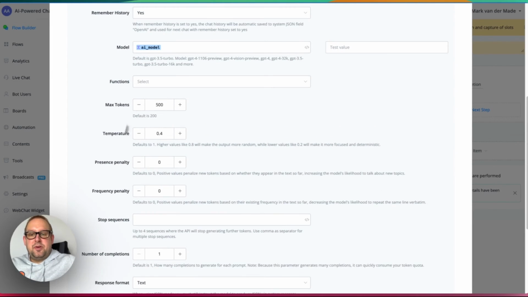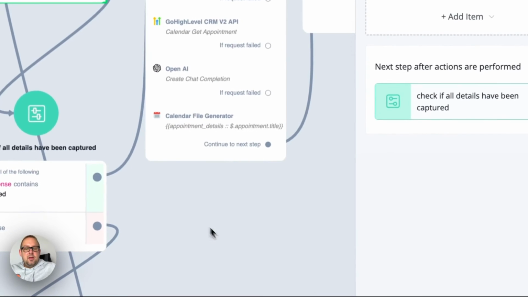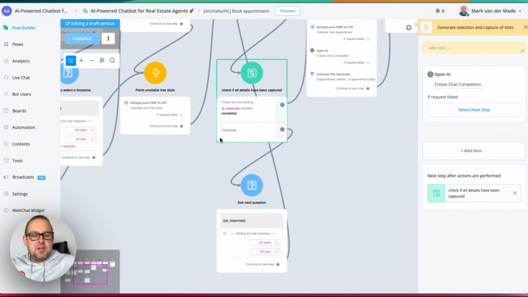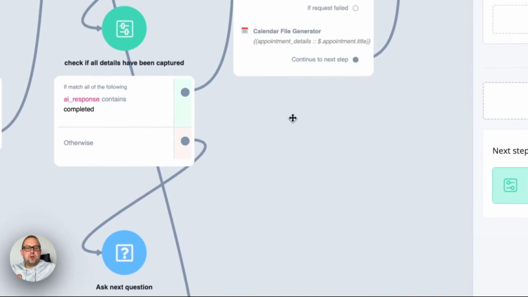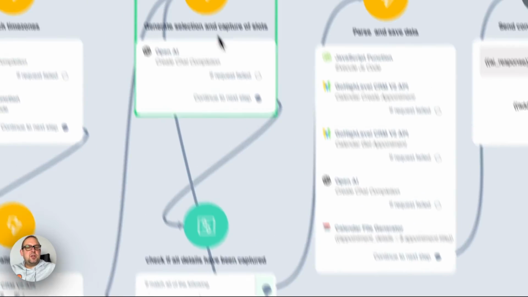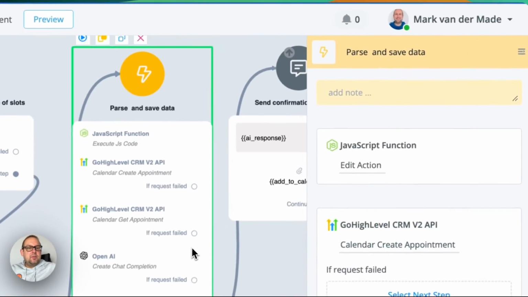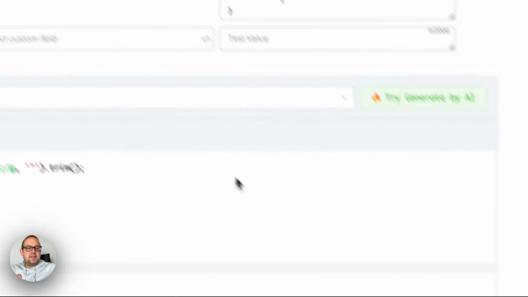And the rest is pretty much default, temperature to 0.4 of course, and that is pretty much it. We are going to check if the AI response contains completed. If yes, then we're going to go towards formatting all the data that we get and create the appointments, and if not, we're going to loop back towards the chat completion again to ask the next question, and so on and so on. So in the next part, we're going with another JavaScript to fetch the available date time, and